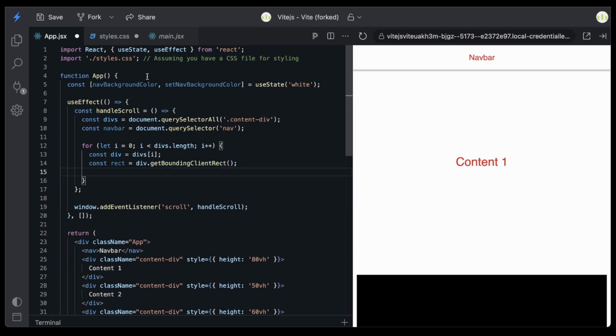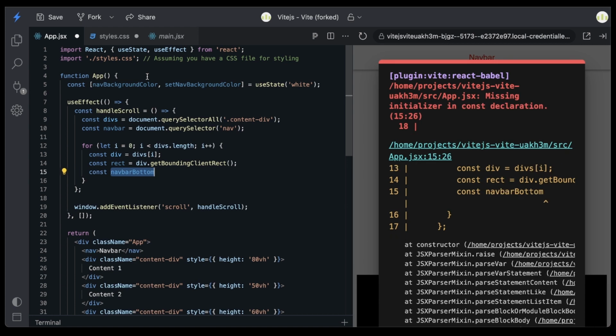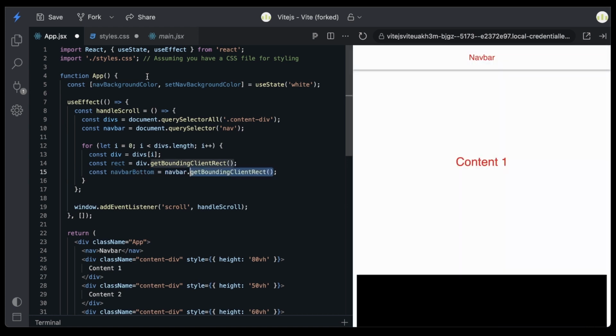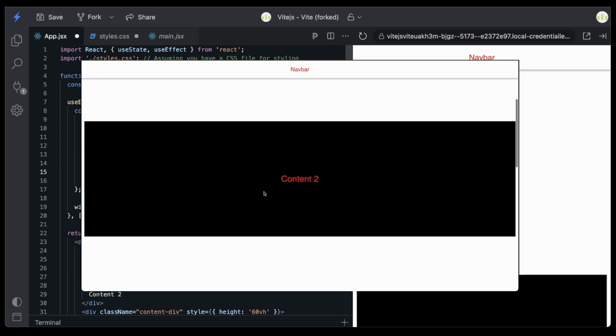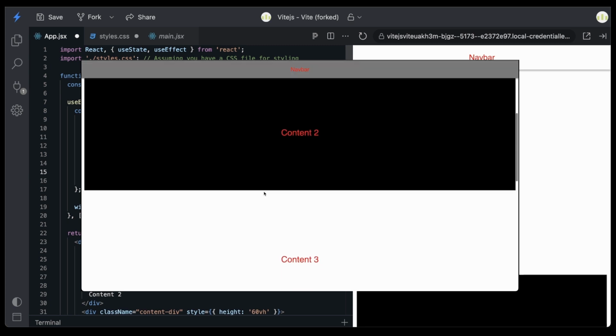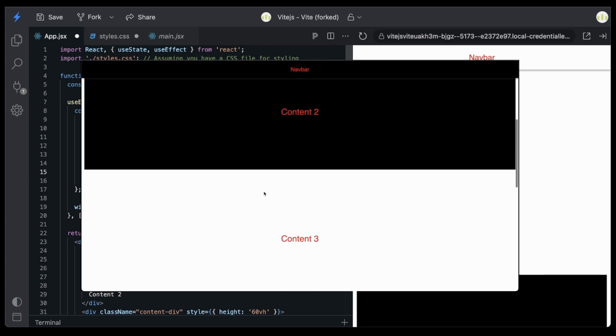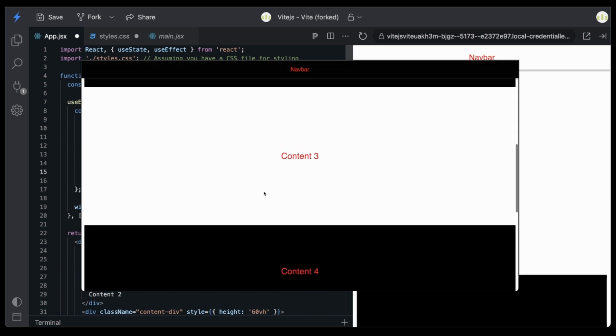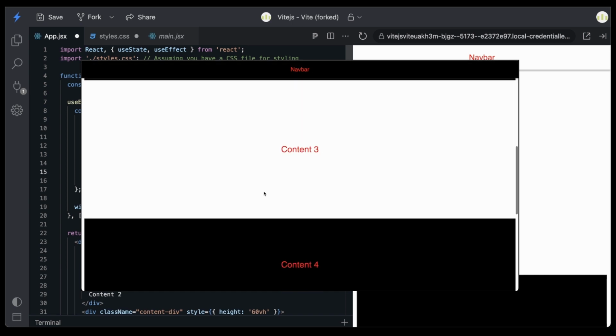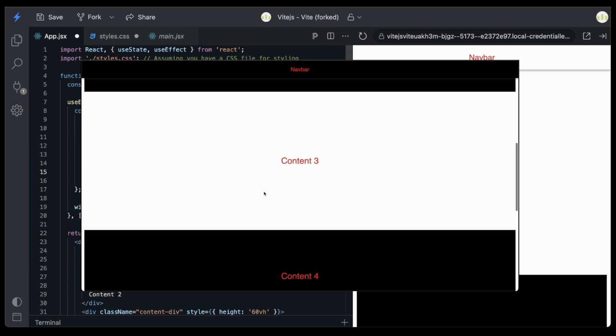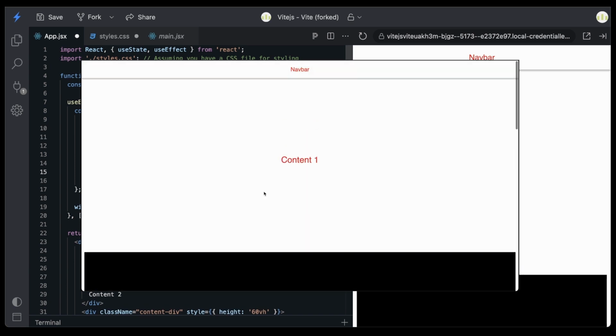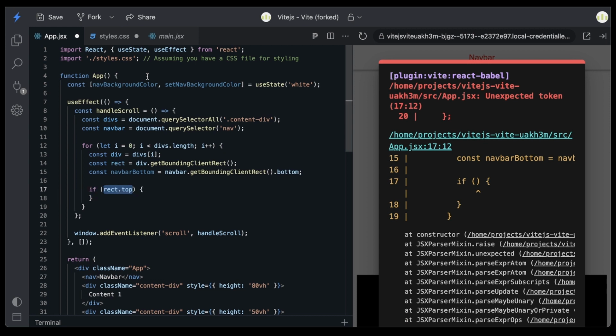After that, I'll also extract the position of the bottom of the navbar using navbar.getBoundingClientRect().bottom and then store its value in the variable navbar_bottom. Then I need to check if the top of the current div is above or at the same level as the bottom of the navbar, and also if the bottom of the div is below or at the same level as the bottom of the navbar. If that's the case, then it means the navbar is touching or scrolling past the div. So I'll write if rect.top is less than or equal to navbar_bottom and rect.bottom is greater than or equal to navbar_bottom, then